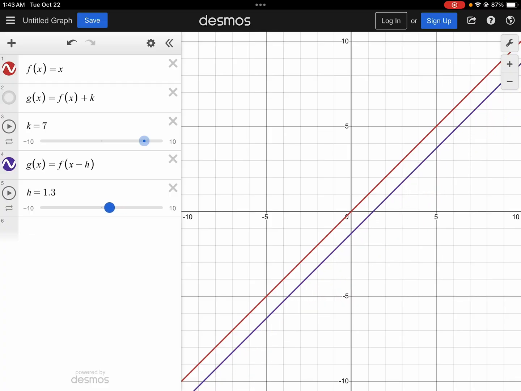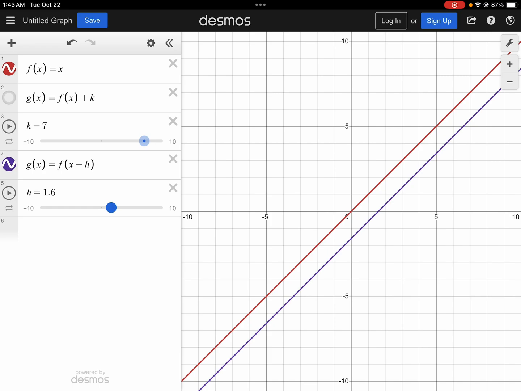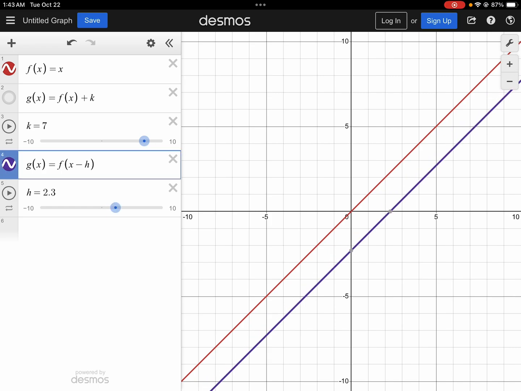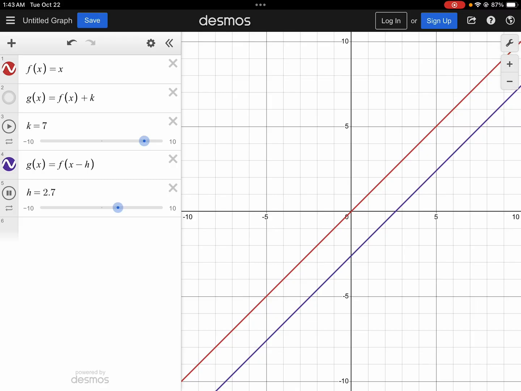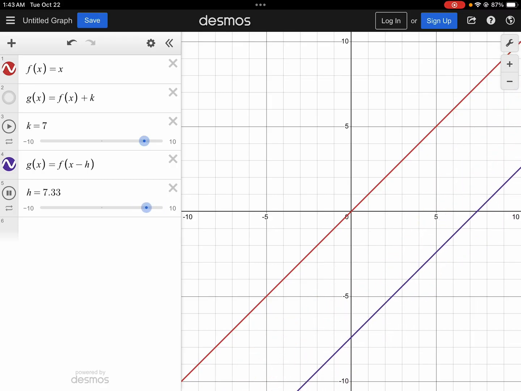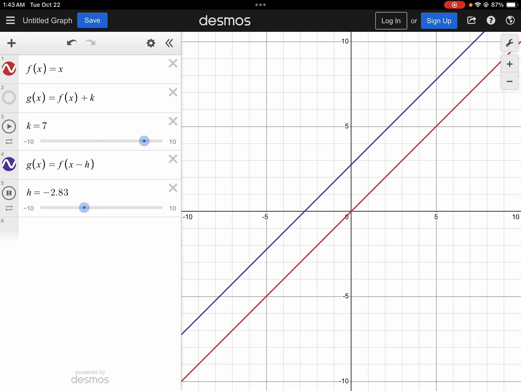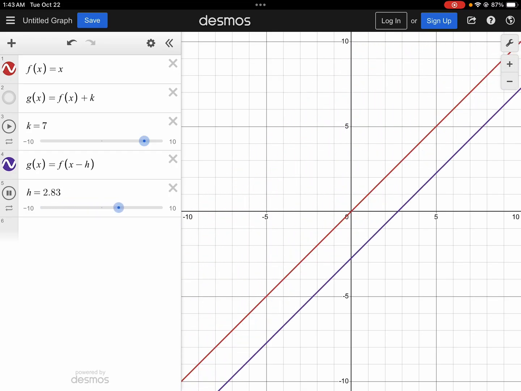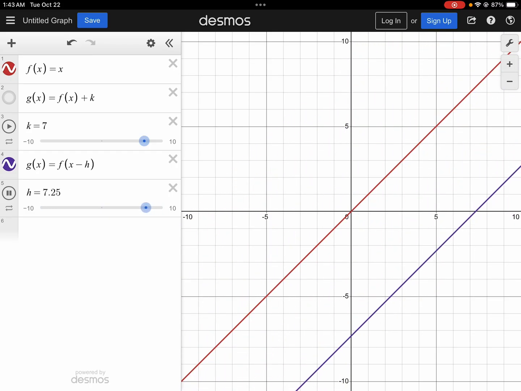My x-intercept changes. Notice the y-intercept changes too, so it's kind of confusing, but that's what we're looking at. We're looking at this x-intercept. Notice x minus 2.3. And so we move the x-intercept if you do something to x first, and then it's backwards. So yes, you have to